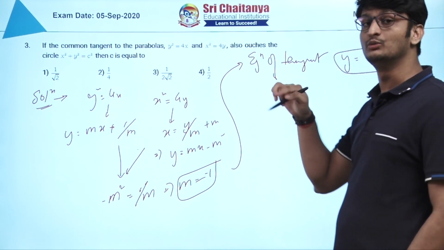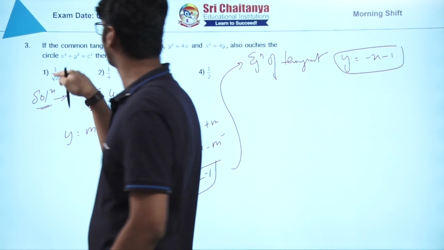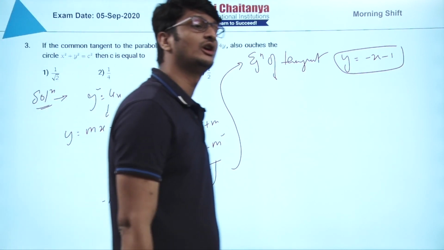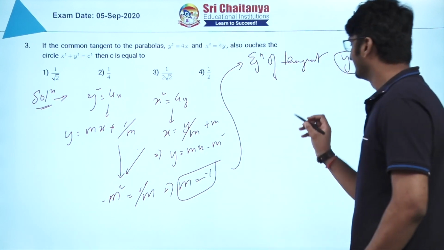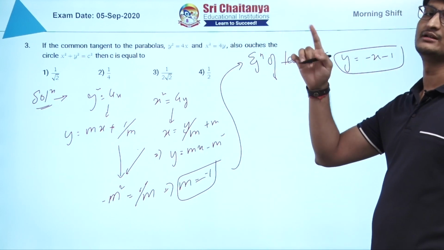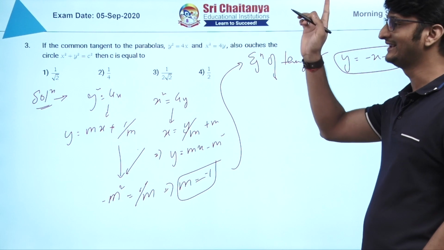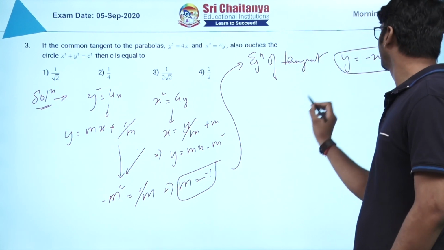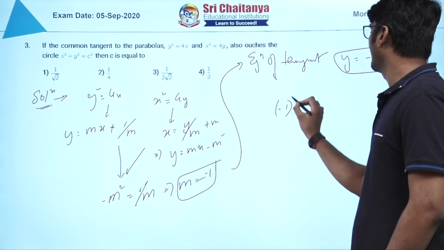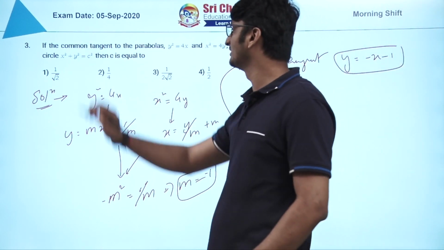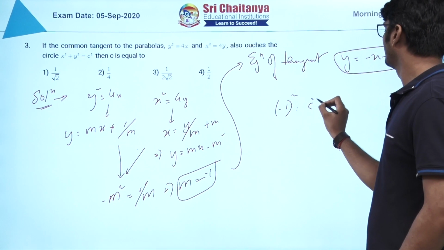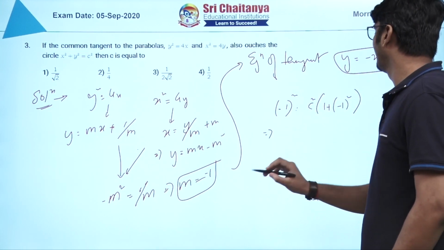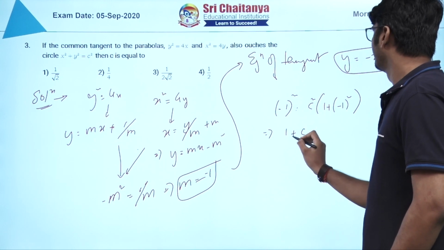Now, for this line to become the tangent of the circle also, this is the standard circle, let us use the condition of tangency for the standard circle: c square equal to r square into 1 plus m square, where m is the slope and c is the y intercept of the line. So here I am using that condition. Minus 1 square, radius itself is c, do not get confused please, c square into 1 plus m square, m is minus 1.